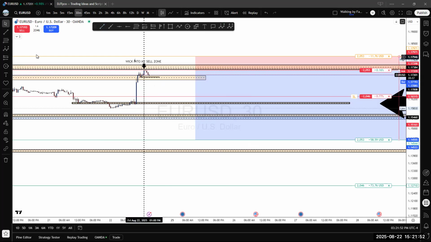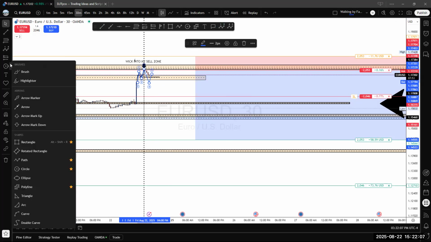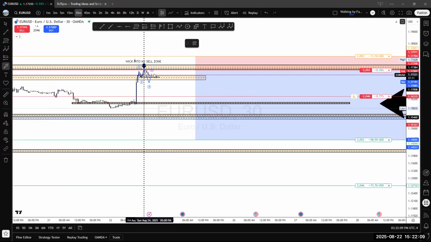In the 30 minutes now we have structure there. Now look at this: one, two, three. We're waiting for it to break down and come up here for what? For the drop, you were right. We're waiting for this to go this way. You see that? So the 30 minutes is setting up to give you the confirmation that it's gonna sell. For you right now, this is perfect because you missed the first entry. This is an opportunity for you to get into the second entry for a sell.